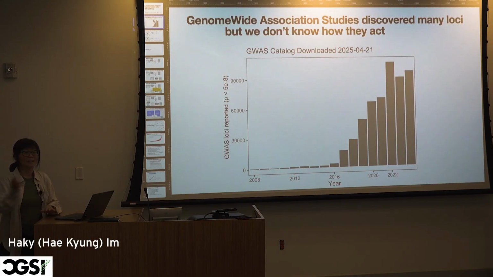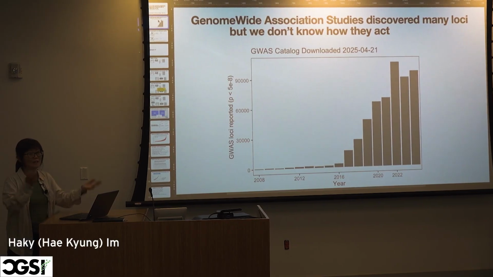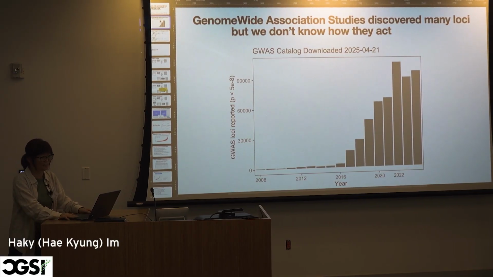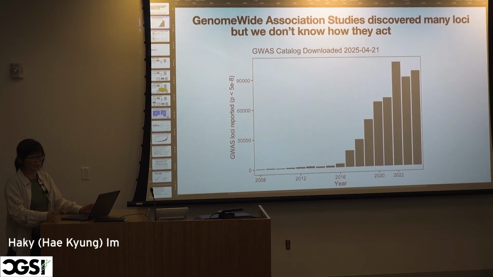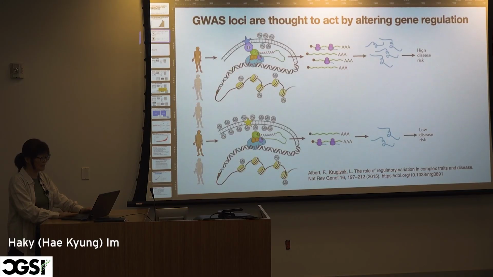Okay, you probably all know what a genome-wide association study is. We have been running these studies for the last 20 years. We discover more and more loci, but for most of them we don't know how they act on the phenotype. The general consensus is that most of these variants, since they are in non-coding regions, act through regulation of